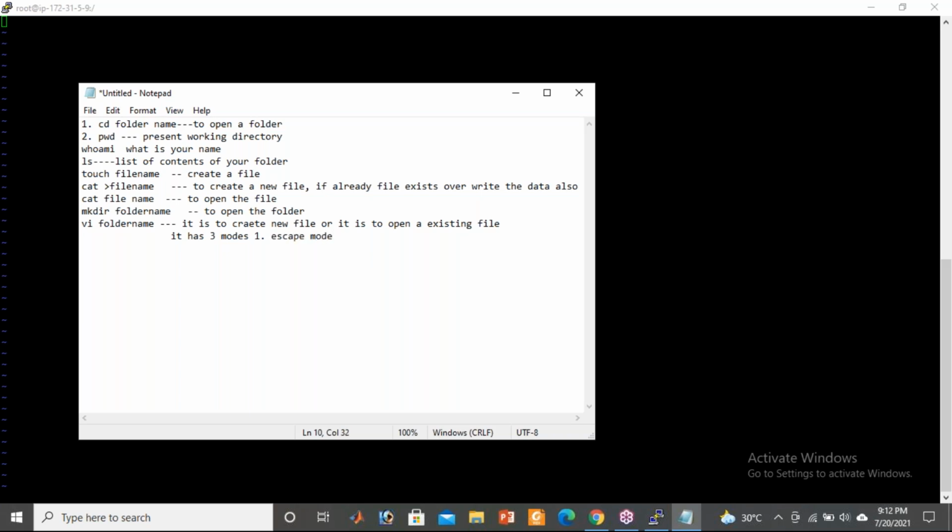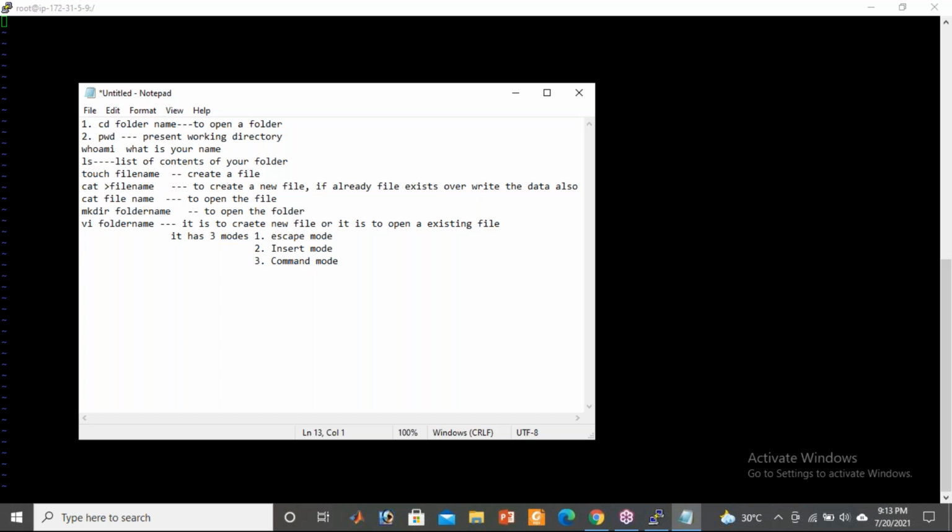Second one, insert mode. Third one, command mode. So a total of 3 modes are available, guys, in the VI editor.